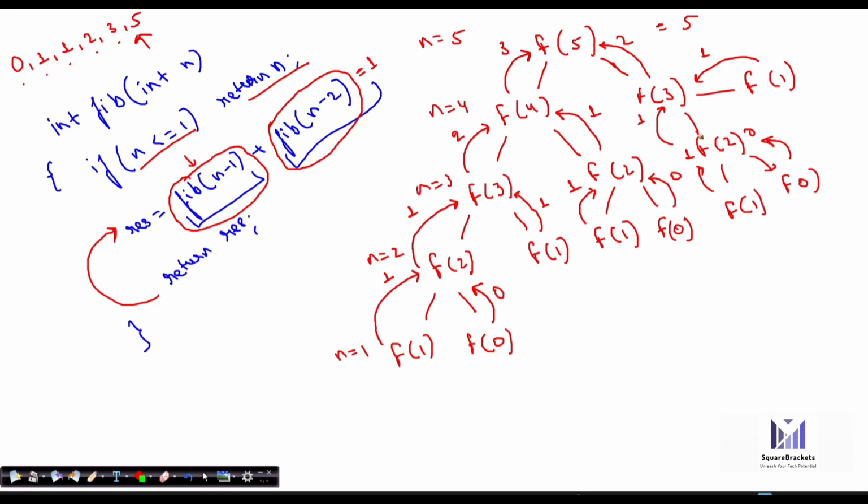So this is what a tree recursion looks like. This is what a multi-branch recursion looks like. This is exactly what is going to happen in our upcoming questions: whatever question there will be, it will have this kind of recursion going on. First it will get into fib n minus 1. Once the call of fib n minus 1 is completed, then it will go to fib n minus 2. Once fib n minus 2 is completed, then it will go back to n minus 1, then n minus 2. So it will keep on opening up the branches until both the recursions are completed. So this is what a multi-branch recursion looks like.